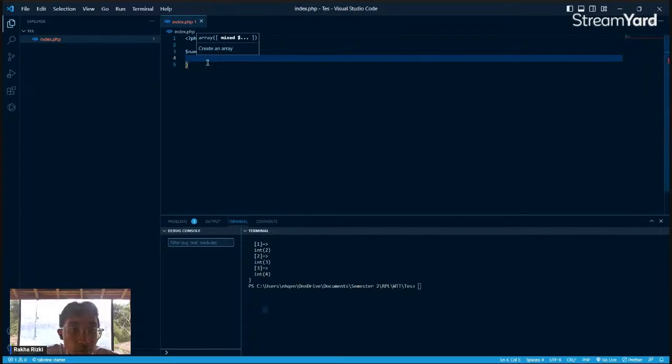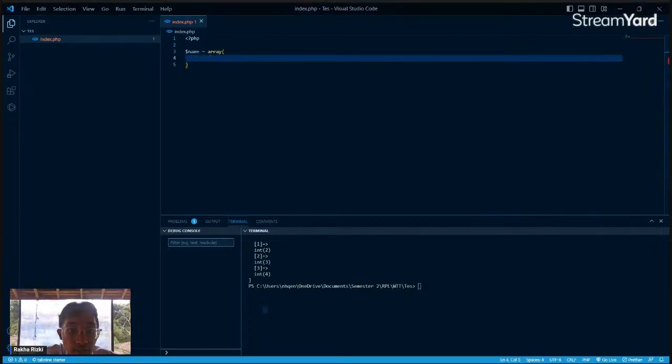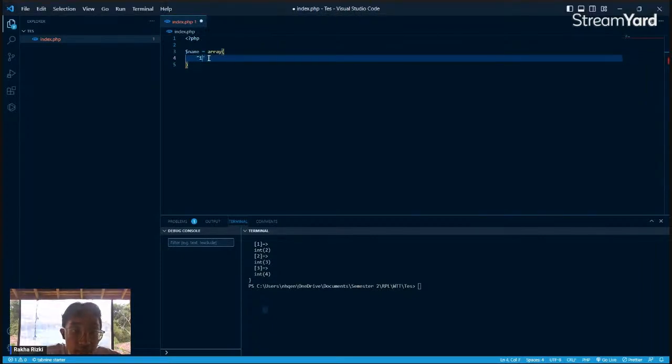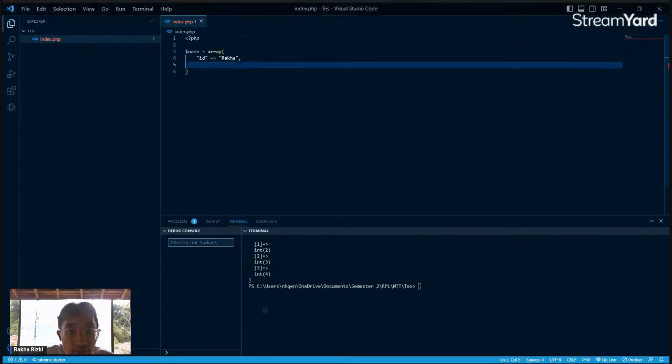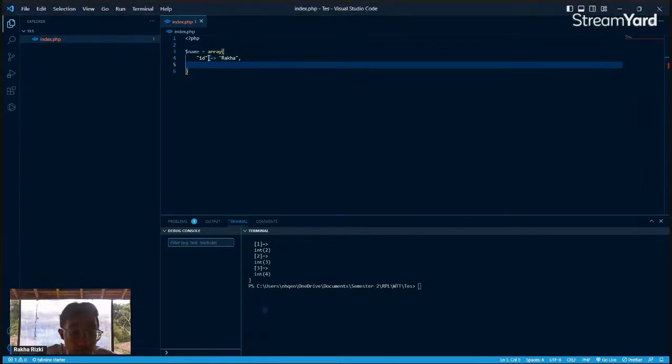Then we will make the value, that is ID, then ID Rakha. Then we make a variable name, okay, thank you, Rizki.